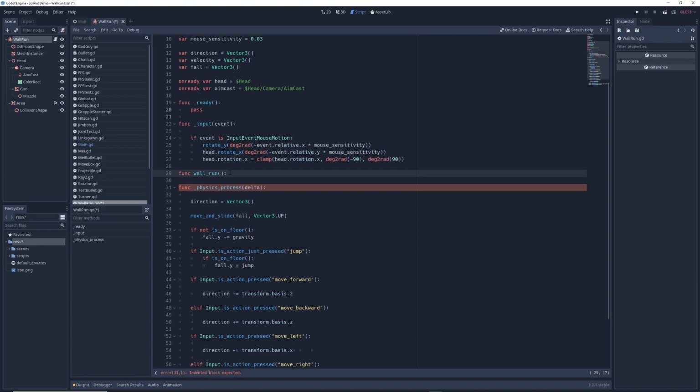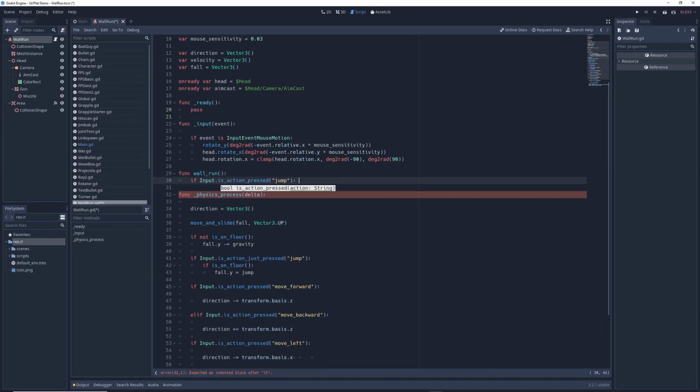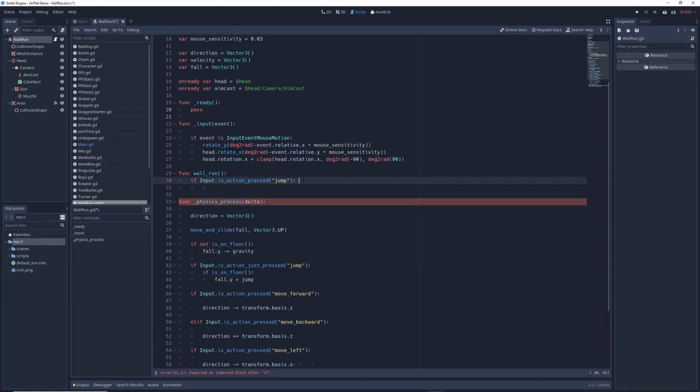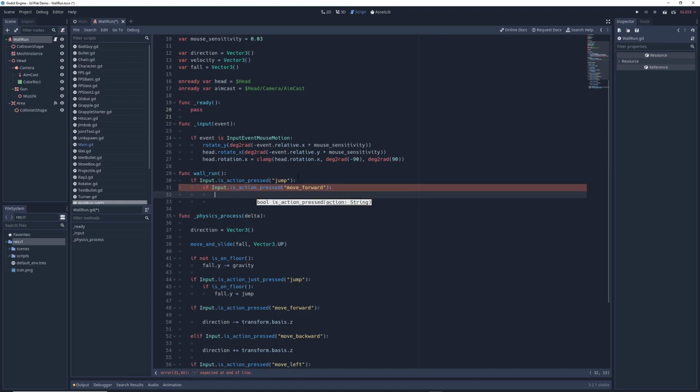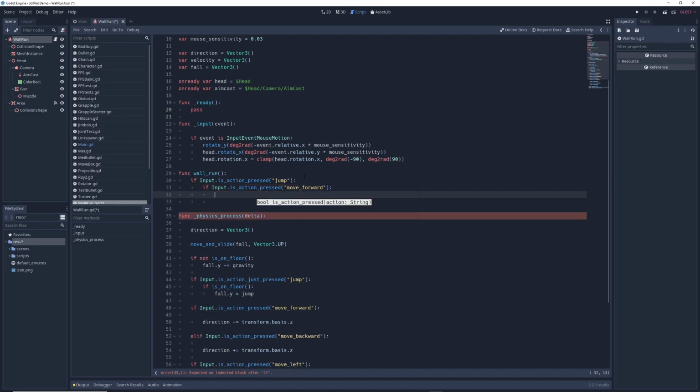And so we need to establish a few conditions. If Input.is_action_pressed("jump"), so the first condition is that you have to hold down the jump key, but now we need to add another condition because we want our character to be able to jump normally if they're just standing next to a wall without moving. And so we'll say that our character will only wall run if they're moving in a certain direction. And so we'll write if Input.is_action_pressed("move_forward"), so if you're holding down the jump key and you're holding down the move forward key at the same time,